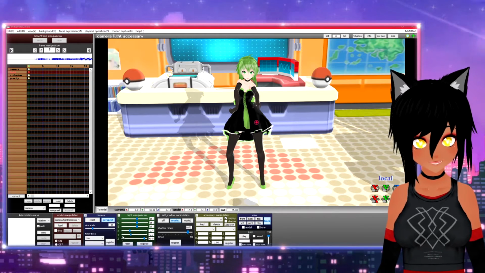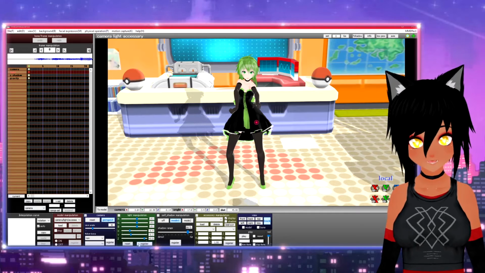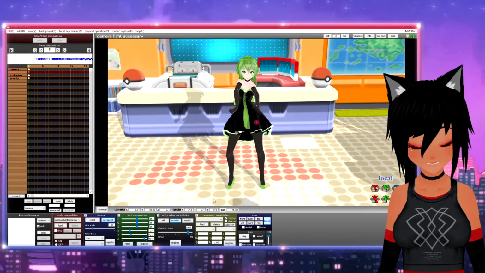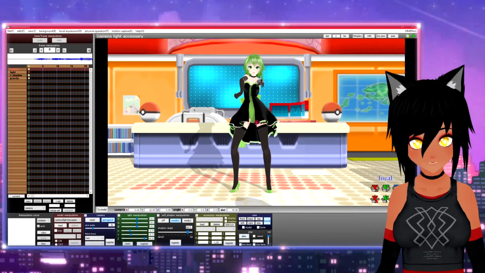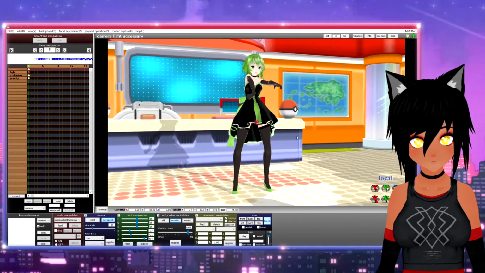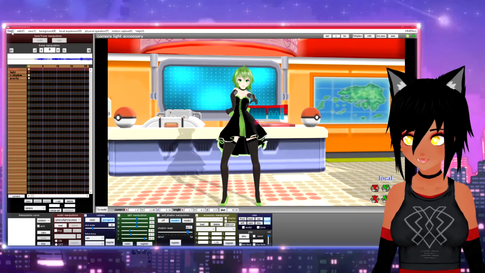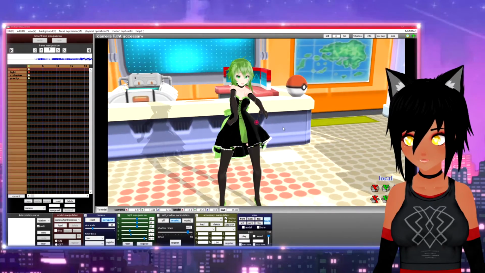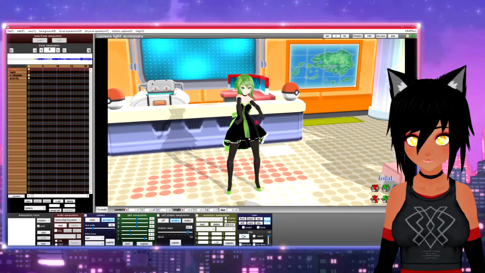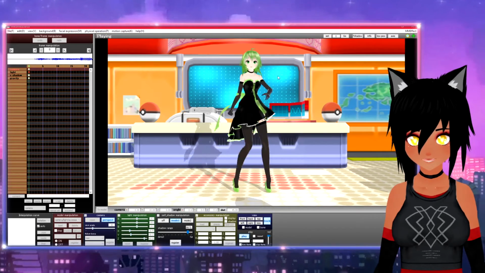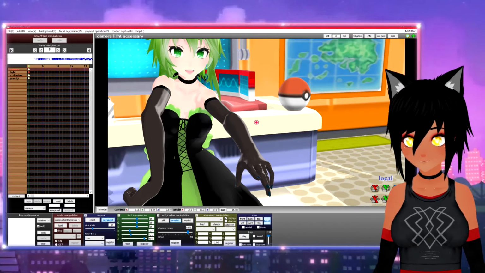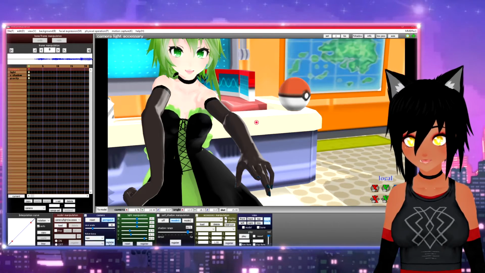Because you can change all the shadows and stuff, but if you do not register, the moment you click play, it's just going to go back to default. So register that. So now you've got the shadows. But now you need camera data, and I don't think this motion actually came with camera data. So you would have to make your own, or when you click play, it's just from the front. Let's say you want to start it here. Come down here to the camera, click register.